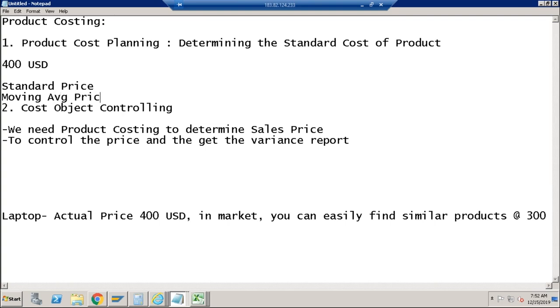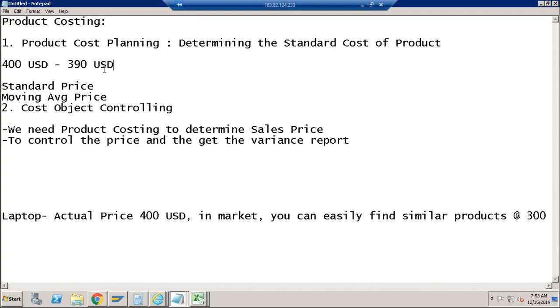So normally for semi-finished goods and finished goods, we go for the standard price. This means all our SFG and FG will be evaluated at the standard price. Whenever you are manufacturing anything, by default the system will assume the standard price of this material is 400. So even if you are manufacturing the material at 390 USD, this means there is a favorable variance of